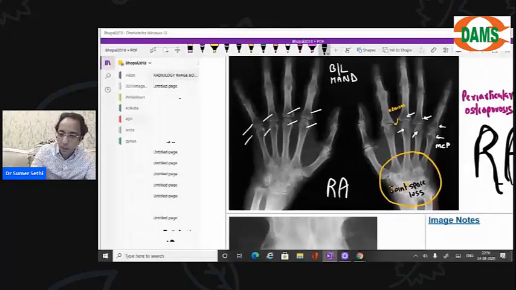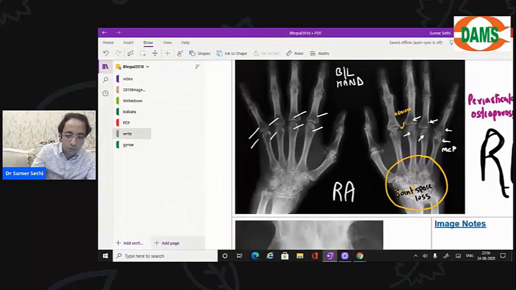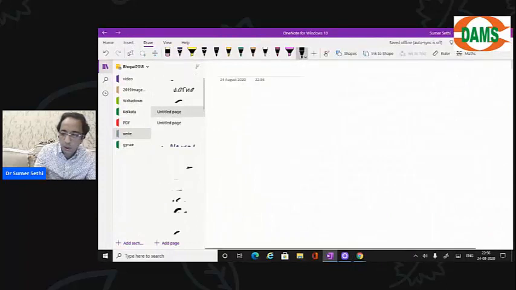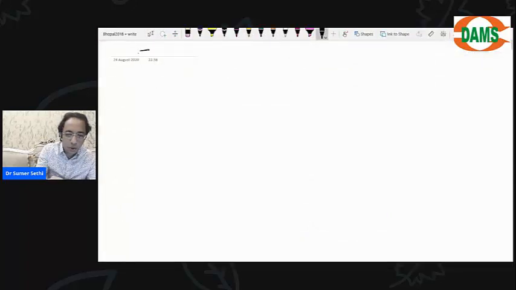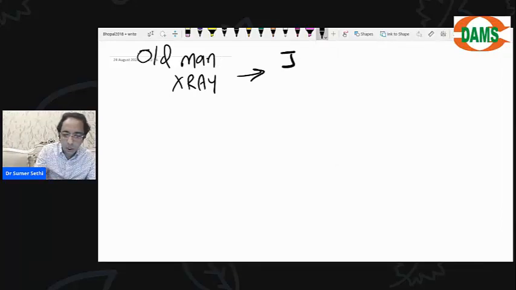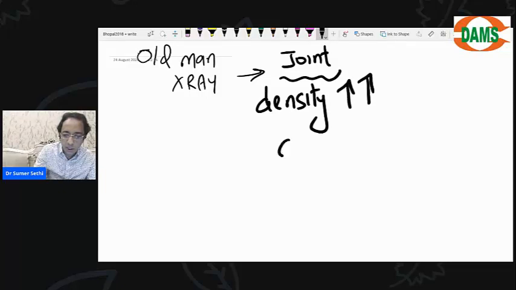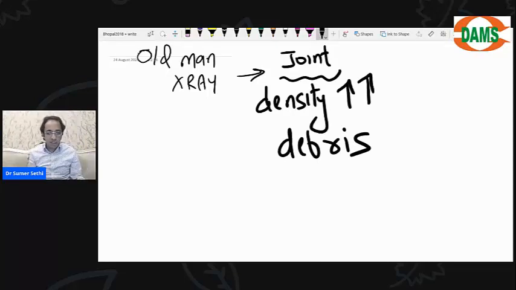Now what I'll do is I will ask you another question based on a common condition that you will encounter. Okay, now you have to answer this question. Old man on X-ray shows a joint in which the articular margin, the joint margins have increased density and there are debris in the joint. Now, if I say increased density and debris in the joint,